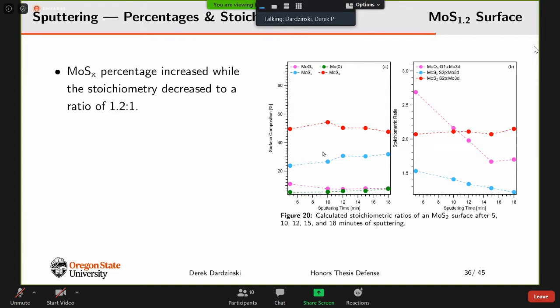And then we can also look at the AFM images showing the surface roughness. On the left-hand side, you can see the pristine sample, which has a roughness of